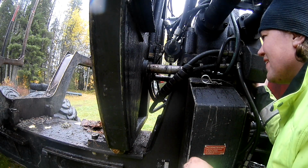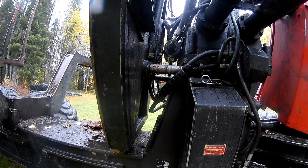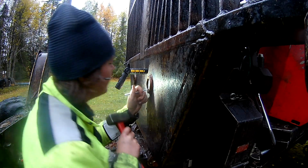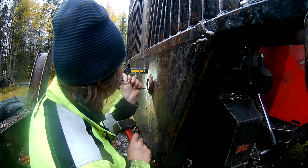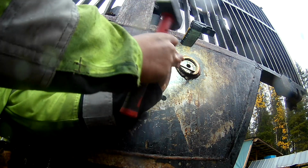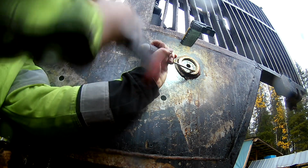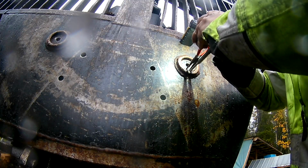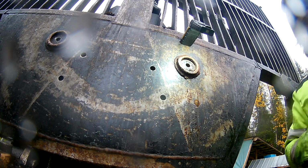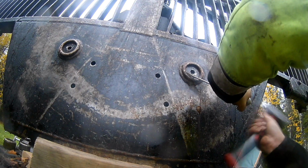Started looking at the gate or load support for the forwarder because it had a lot of free play in it, and what was causing that really, and had looked at the parts diagram, and it's supposed to be some spring washers in here, and started trying to undo the circlips here, and I knew it was some smarter way to do this, but since I didn't really know, I used a little bit of